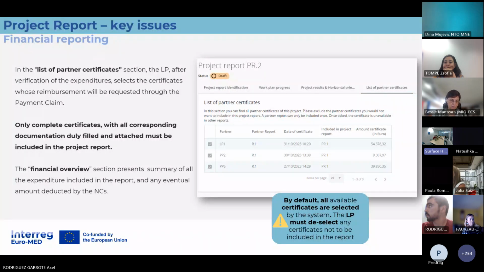Yeah, of course, before including a certificate, you need to make sure that all the documents are correct, that all the documents of the control package are available, that the national authority of Spain and Portugal has also provided the requested documents. You need to make sure that everything is all right. Everything that we talked about before regarding the checklists and the missing questions needs to be checked by the lead partner before submitting the project report.